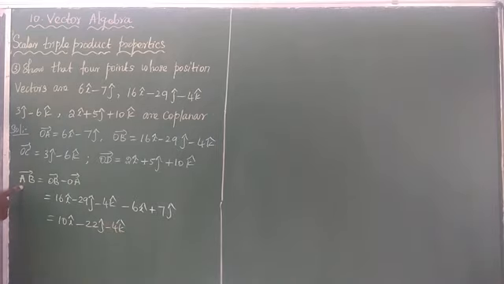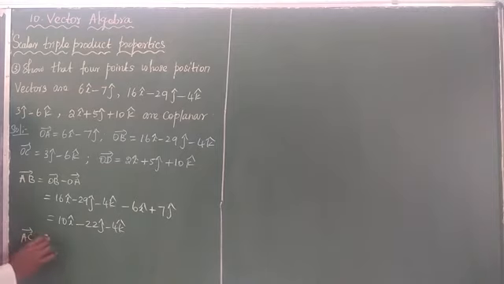I will find out AB vector. Next, same way I find out AC vector. This point A should be fixed. Okay. Always any one point. Suppose I fix the point A, then AB, AC, AD, or I fix BA, BC, BD. Any one point should be the common fixed point.